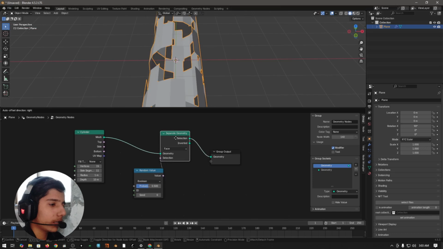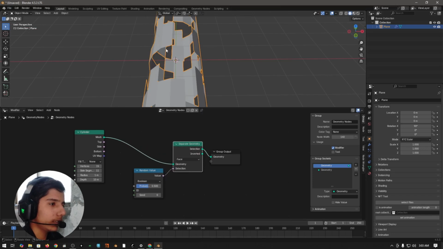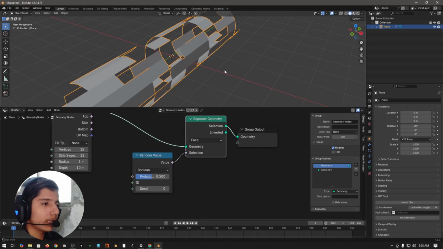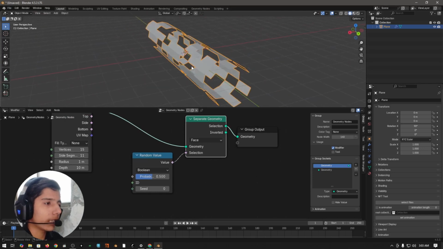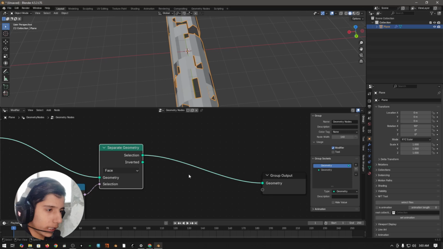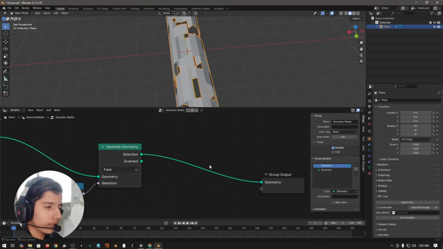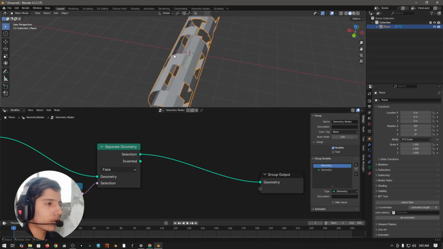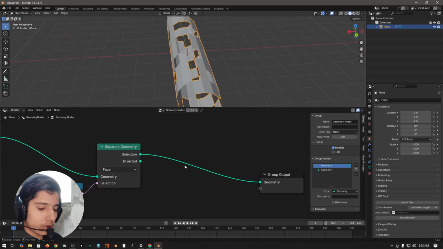So what this separate geometry node does is it just disappears those faces from our mesh. Now we can control how many faces will disappear by just increasing or decreasing this probability value. You guys can see here. Now we have to use this inverted section. The inverted section is those faces that are gone from our mesh